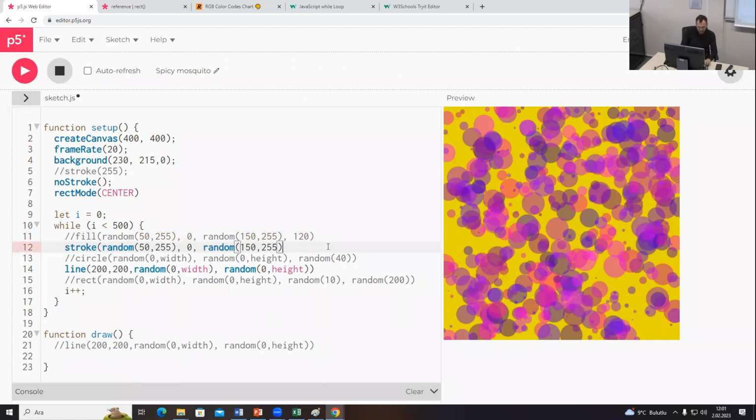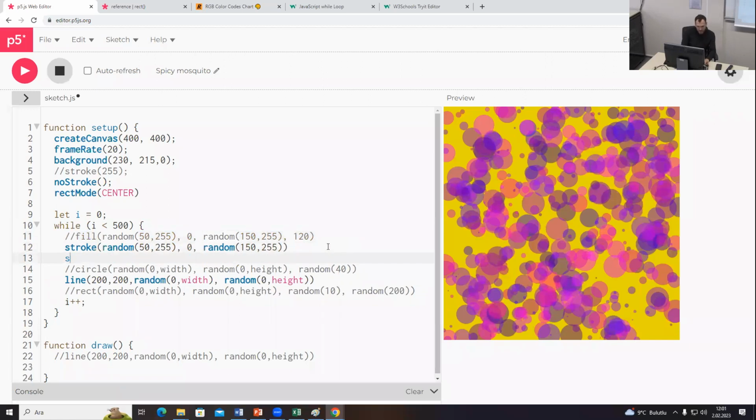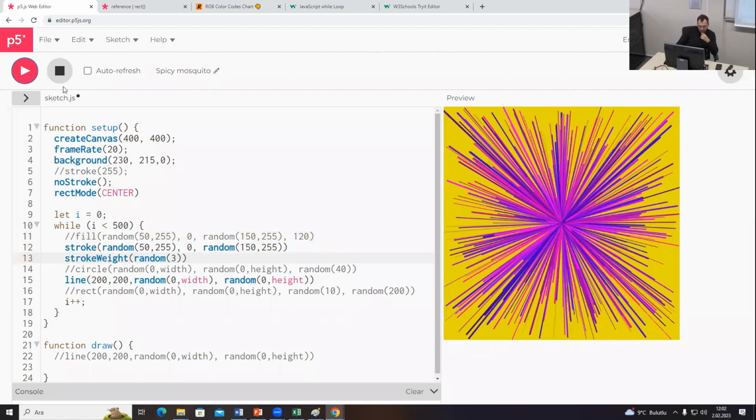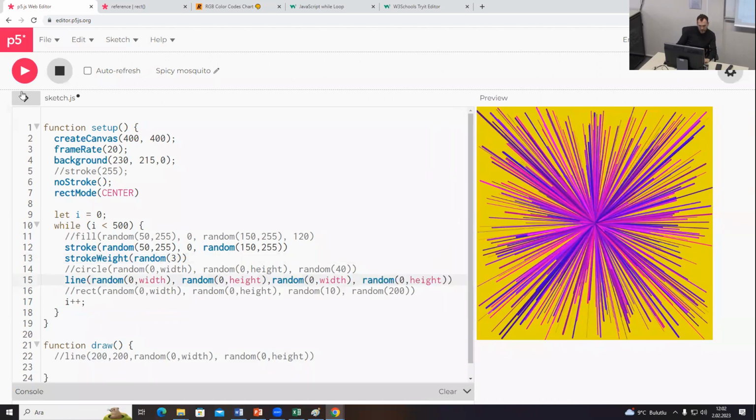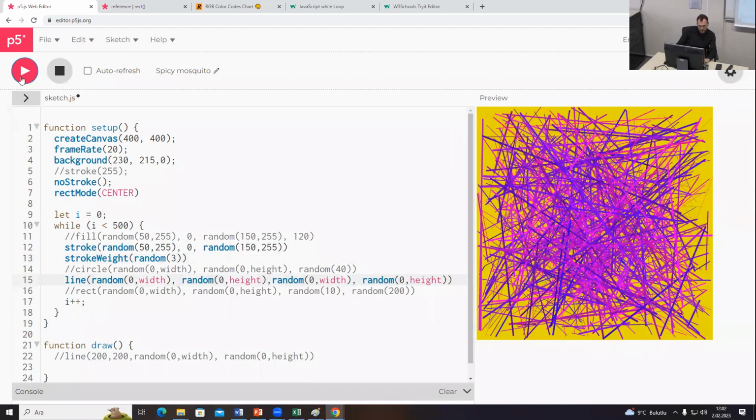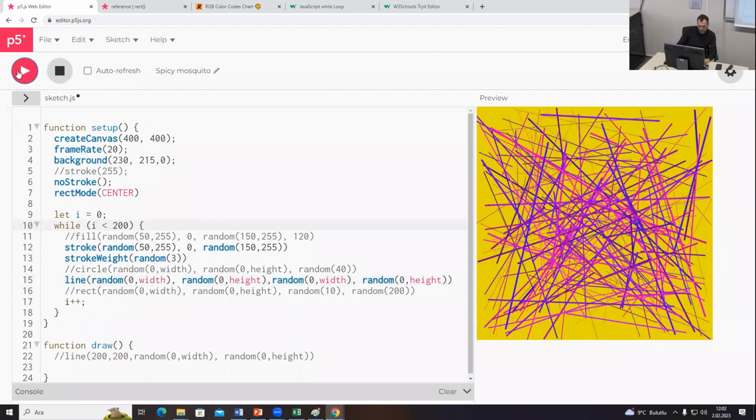And we don't have to do an alpha for stroke. And then we can also do stroke weight. Let's call stroke weight to be random up to 3. Oh, but it's always going to the middle. So maybe we do it random as well, from random location to random location. Well, something like this. It's a bit hectic, actually. Yeah, I'm not a huge fan, but